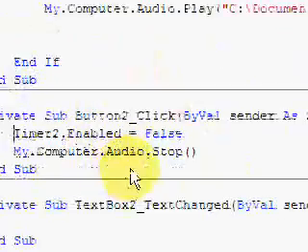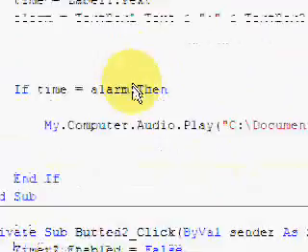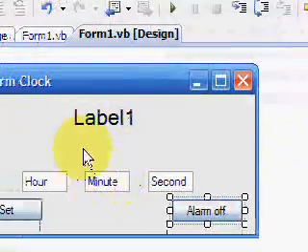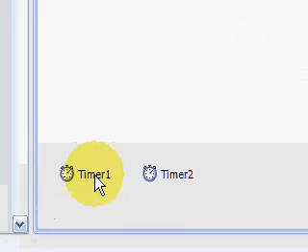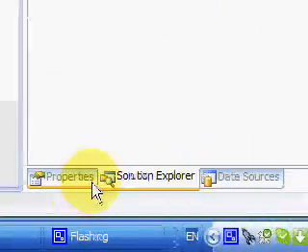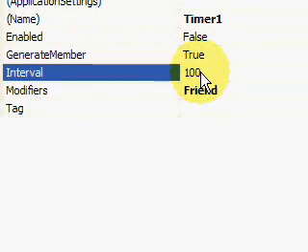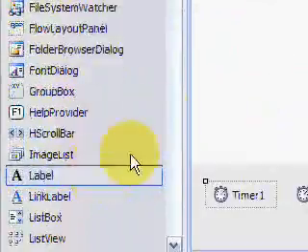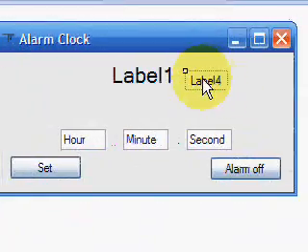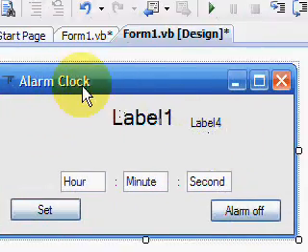My.computer.audio.stop, so it's also going to stop the audio, and that's all the code you need. Very quickly though, the reason these are on timers is because you need to refresh it every second. So I've set timer 1, which is the timer for the label, to go over every 100 milliseconds, I believe. So faster than a second, because if you just set it as, put another label in here, and just set